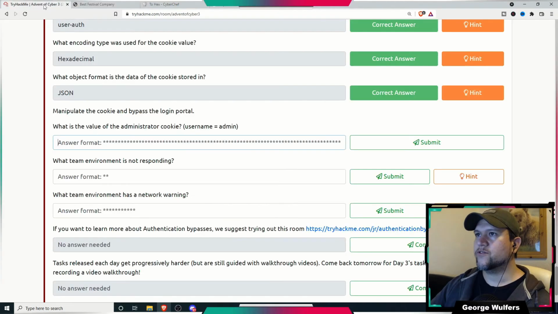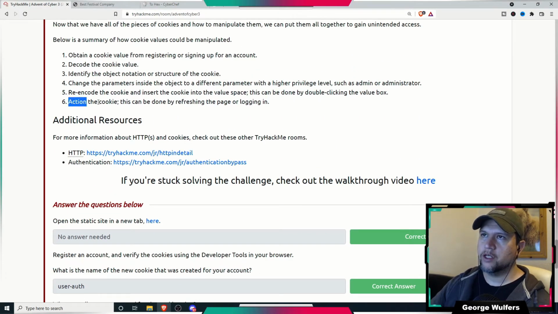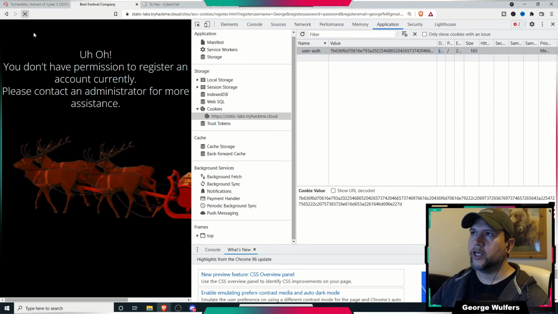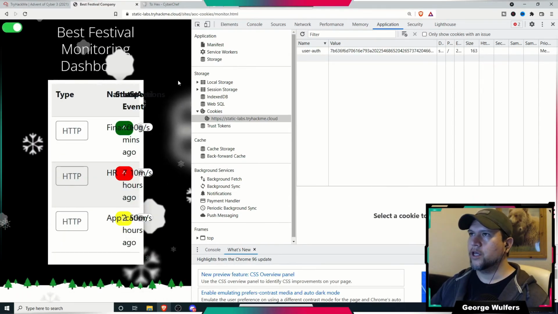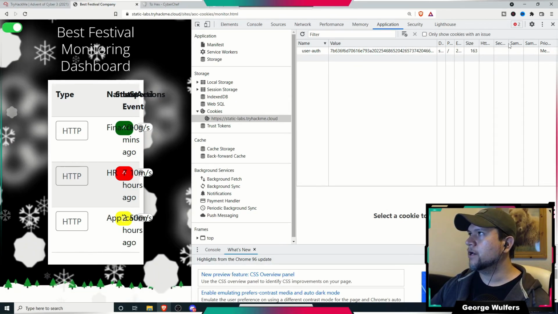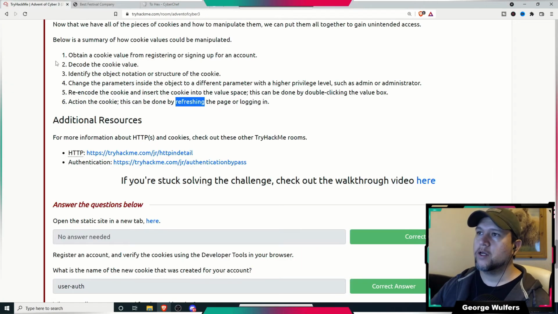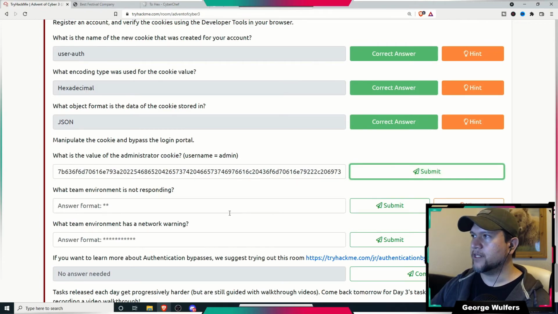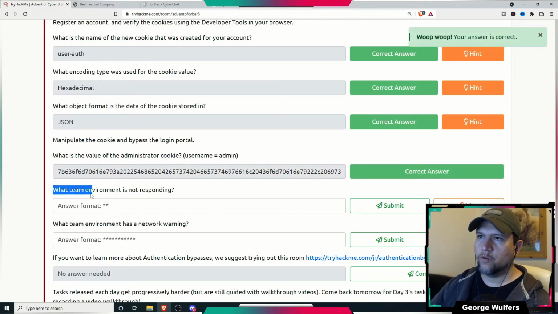Well, what is the step here that they talked about to action the cookie, right? And what does that mean? That means to send that to the server. And how do you do that? Well, by refreshing the page or logging in. We cannot log in, so we need to refresh the page. So we just go here, refresh the page, and voila. That changes to that. Before we actually close this window, we want to paste that there, submit that, and now